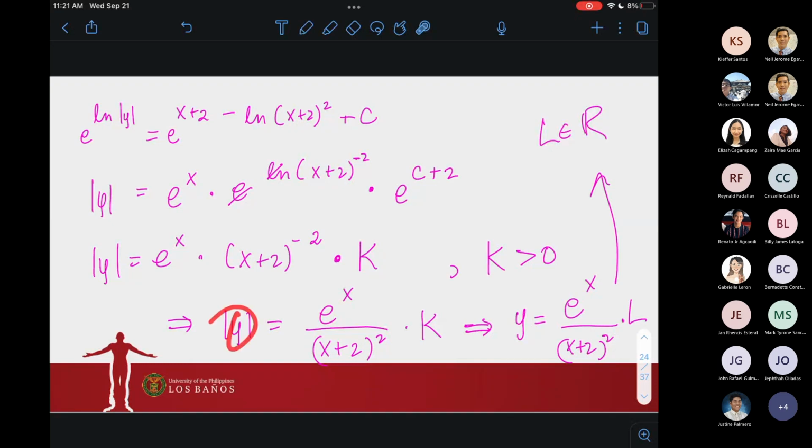Kasi nga kung kukunin ko yung negative value ni y, kasi naka-absolute value naman siya eh, pwedeng equal siya dun sa negative yung k na multiplier. So the final answer, the simplest form of the answer is this guy. Ang solution niya ay e to the x over x plus 2 quantity squared times an arbitrary real number. Okay? Kasi nga, if you remember yung definition ng absolute value,